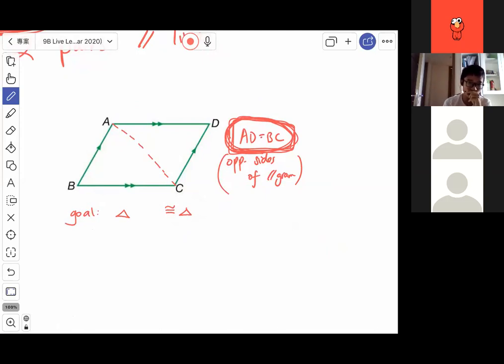We don't have other S, we have other A. Okay, which angle is the same as the other angle? BAC and BCA. DAC, sorry. Okay, DAC and